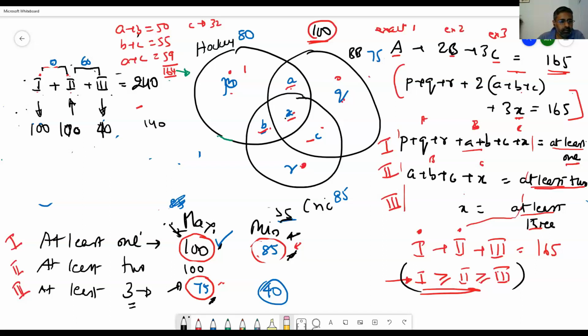The minimum here, we can't do anything with this because this necessarily will have to be greater than this. So even the minimum value should be greater than this. So this is the maximum value possible for exactly 2. See, you have a 60 here. This would probably be the maximum value. We'll see what will be the minimum value now.